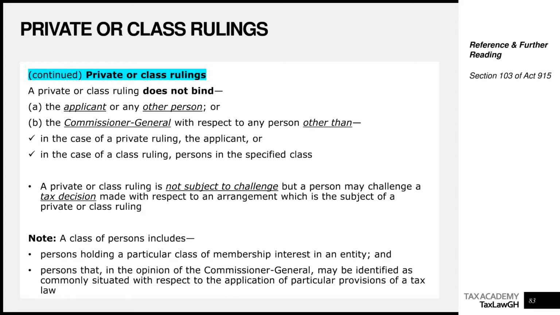Then a private or class ruling is not subject to challenge. You can't challenge it. You came for his opinion, he has given his opinion. So why are you challenging him? That's what he thinks, right? But a person may challenge a tax decision that is made with respect to that arrangement based on the private ruling. So let's say you write to him for a private or class ruling, he gives you his opinion. You can't challenge the opinion. That's his view. But if he takes a decision that affects that transaction based on that view,